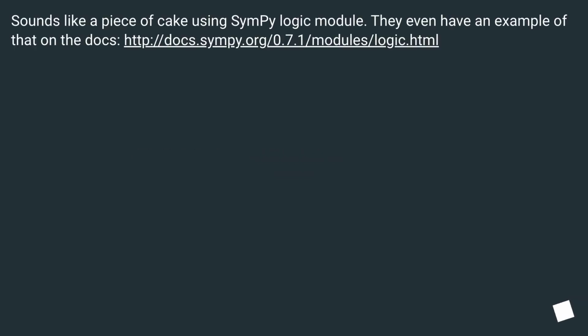Sounds like a piece of cake using SymPy logic module. They even have an example of that in the docs. This URL